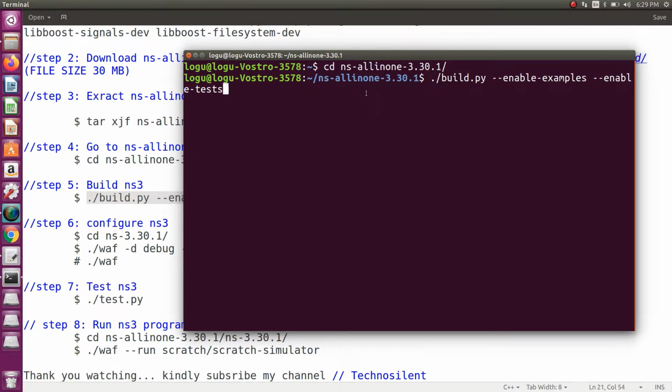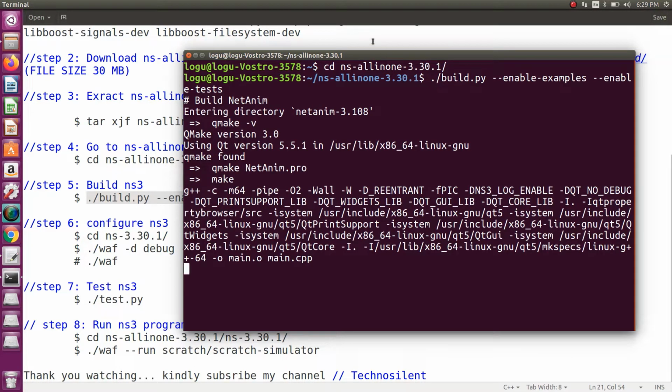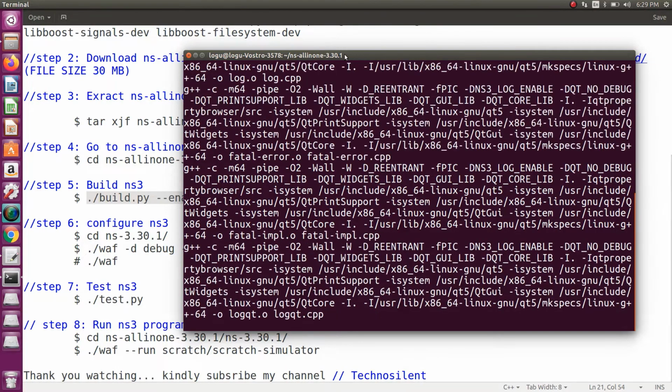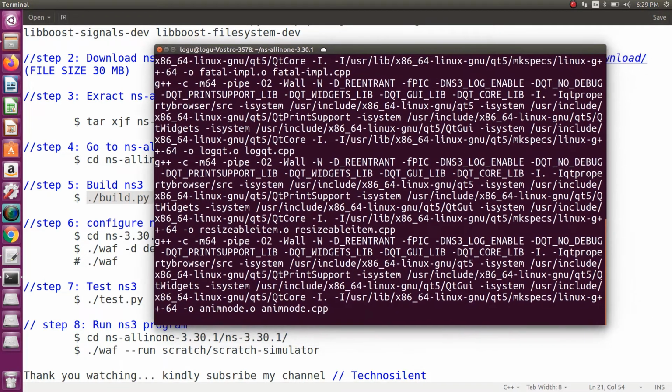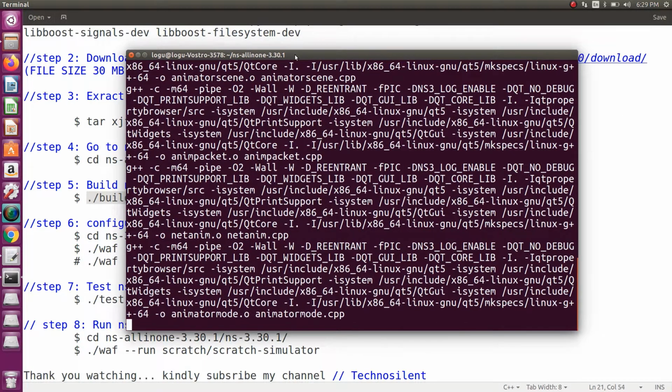It will enable all the examples and tests. Just give enter, and it will build your system. It will take nearly 20 to 30 minutes, depending on your system speed.